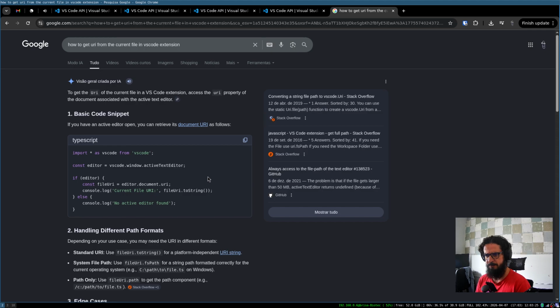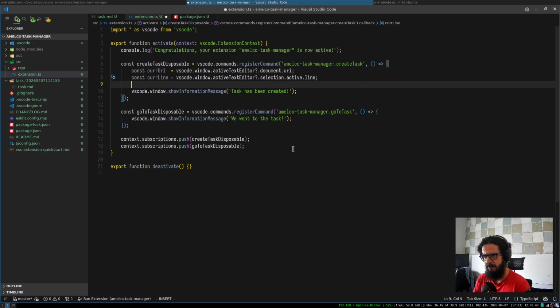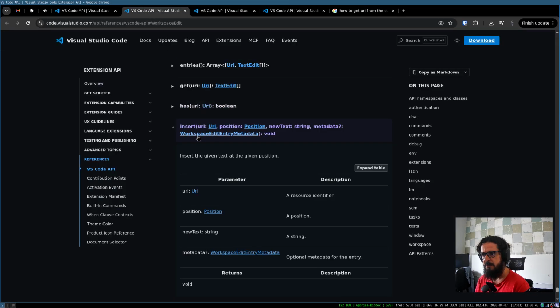Document URI. Active text editor. We do have document dot URI. That's it, this is the URI. Current URI. Then we can call the insert thing, this one,